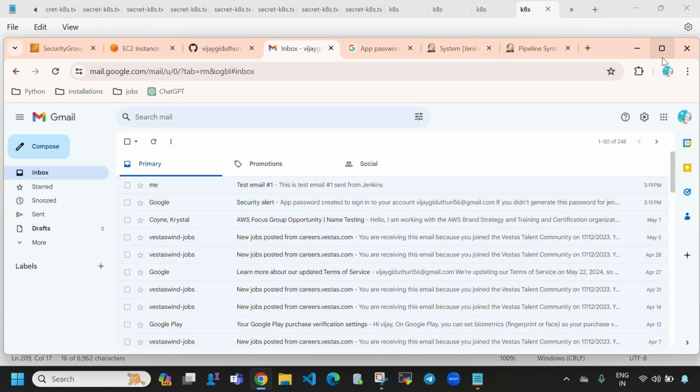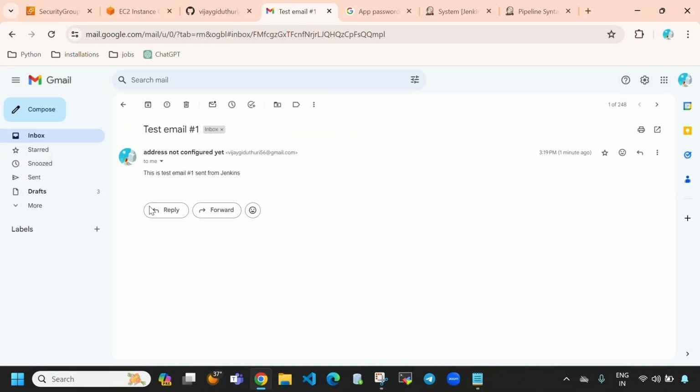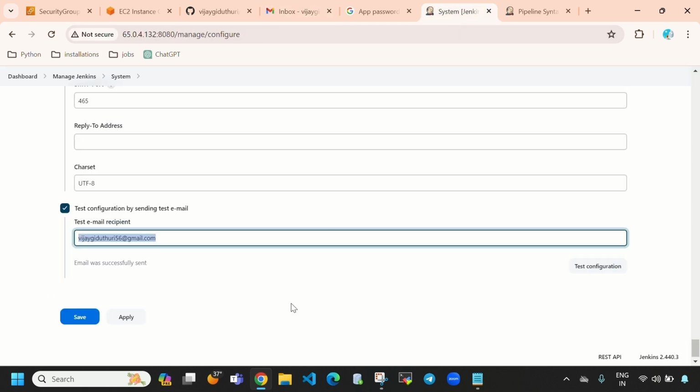Here you can see you will receive an email like this. This is a demo email. This is a test email sent from Jenkins. You will receive the same. So after completing this,